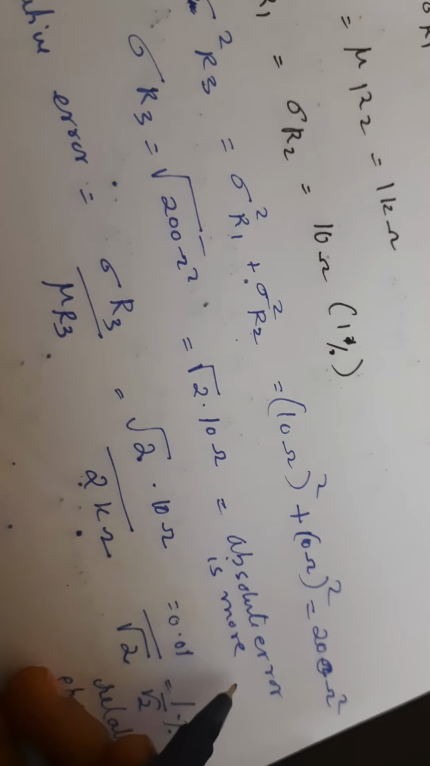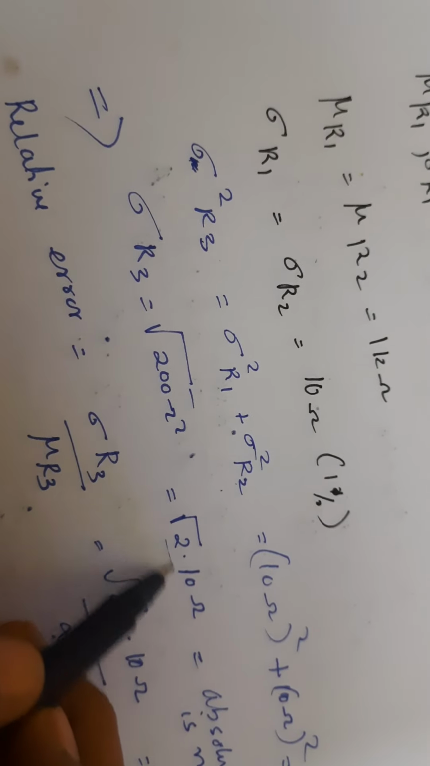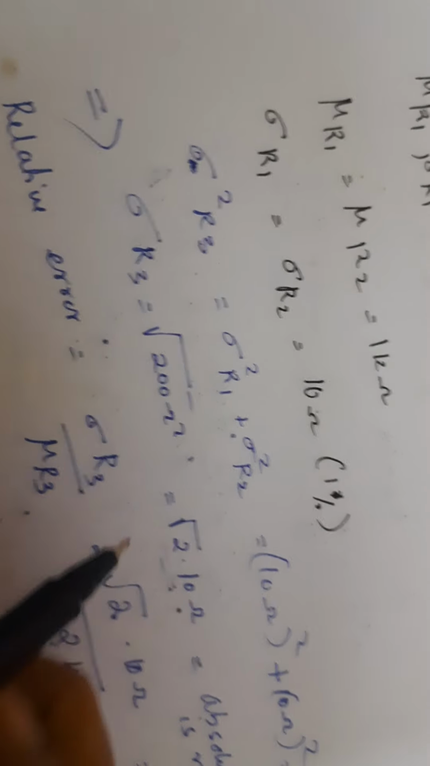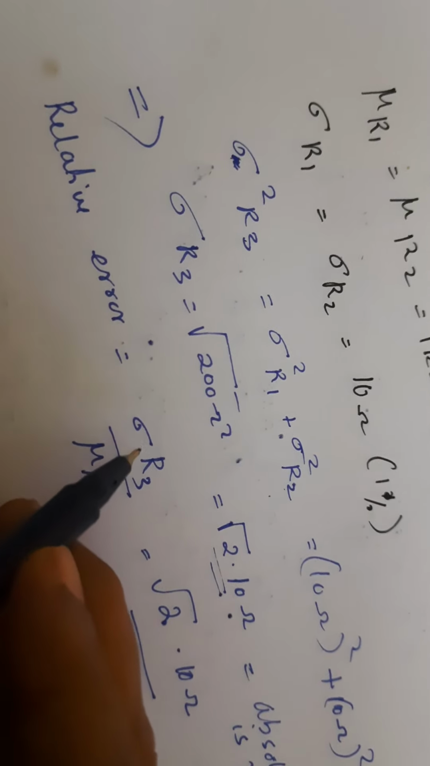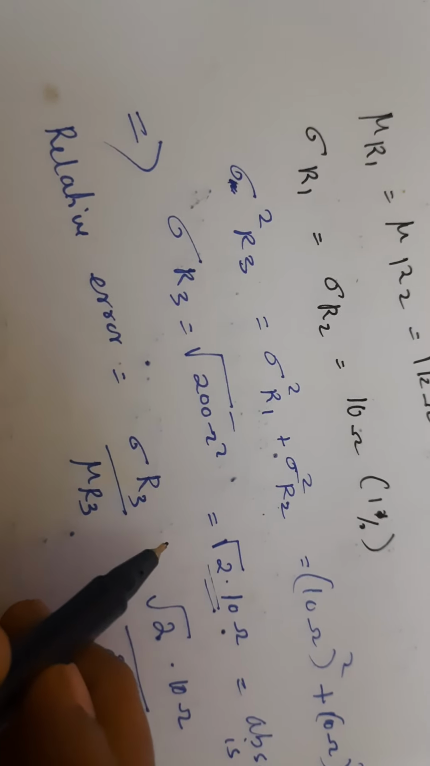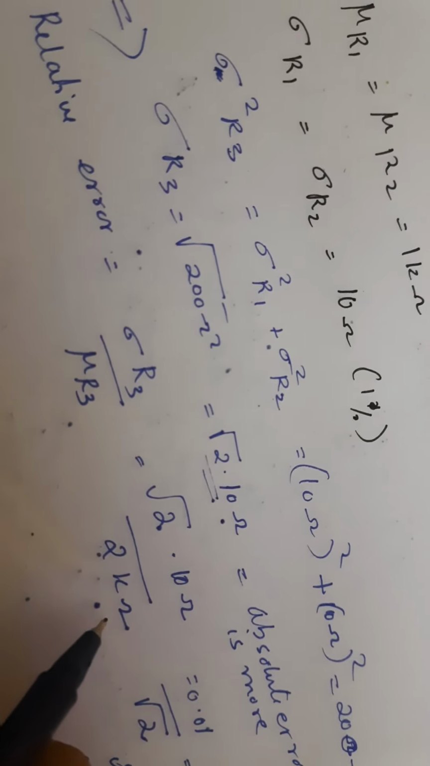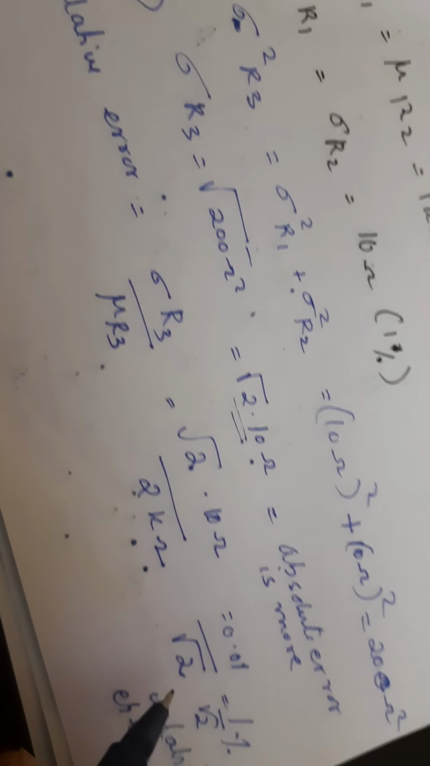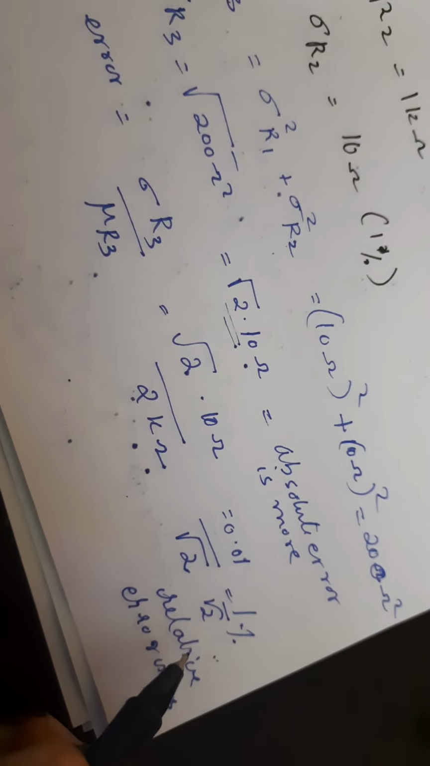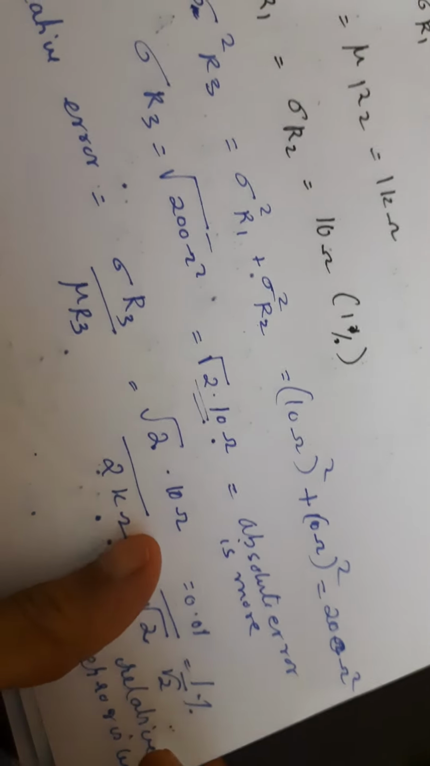Okay, so absolute error is more. This is absolute error, meaning the error has the same units as the real value. But in the case of relative error, what do you do? You write sigma R3, that is this error, divided by the real value, that is 2 kilo ohms. Because each one is 1 kilo ohm, the total value is 2 kilo ohms, so that is the real value. So you get 1 by root 2. So relative error is less, whereas the absolute error is more. Okay,